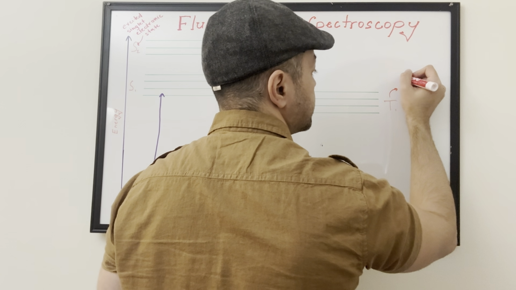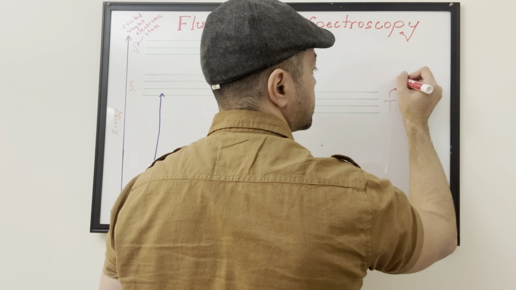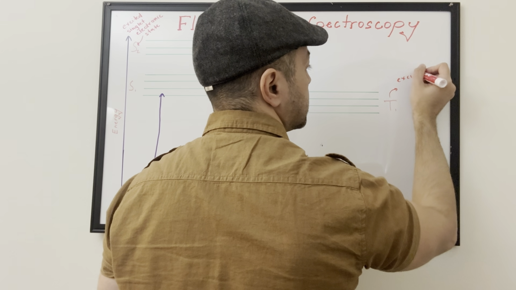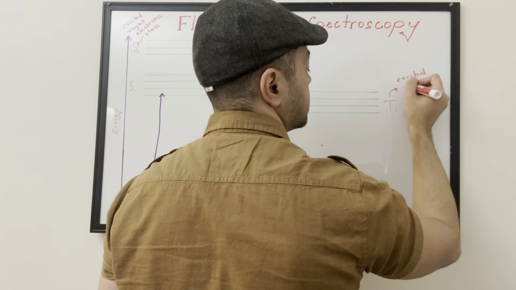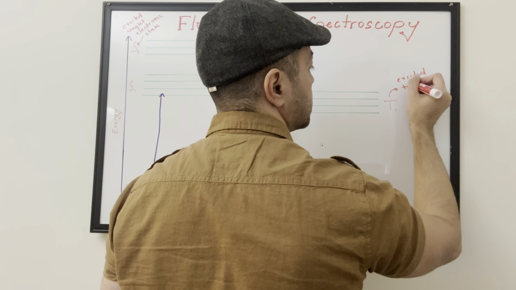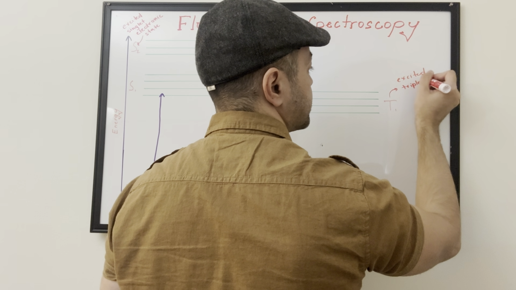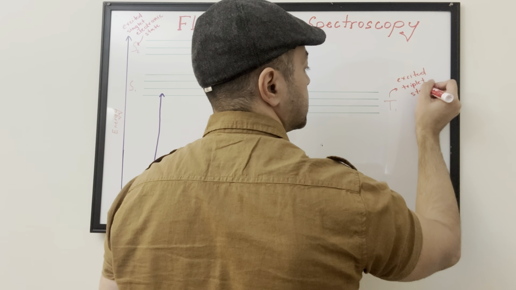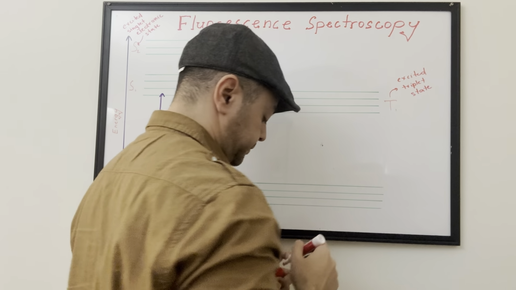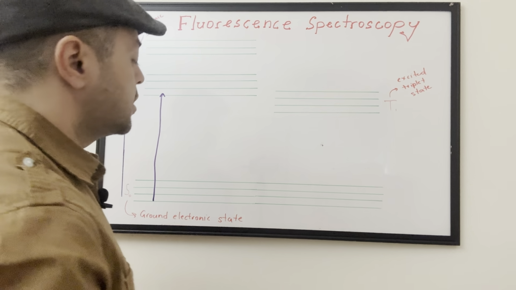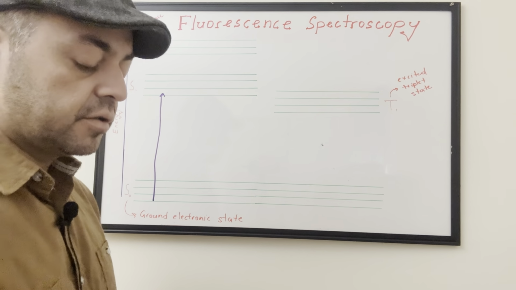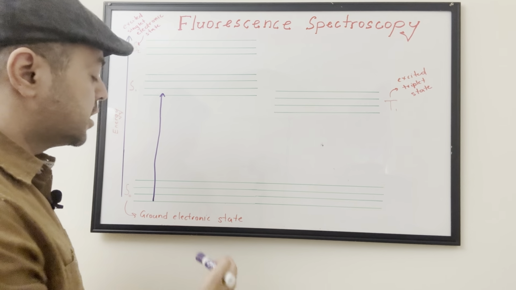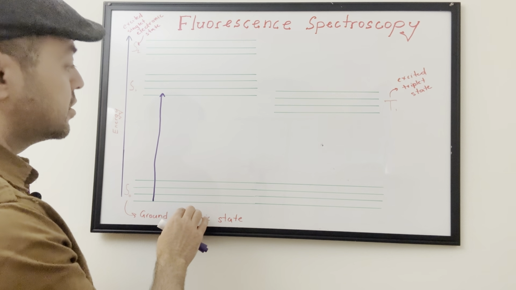I'm just going to write excited triplet state. Okay, so when we apply a light, or energy, to a molecule, it goes from S0 to S1